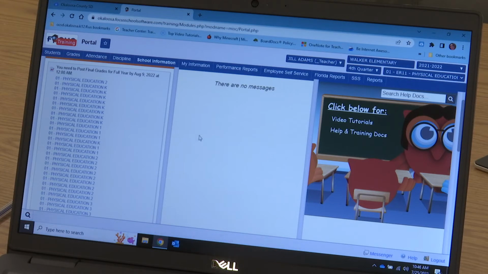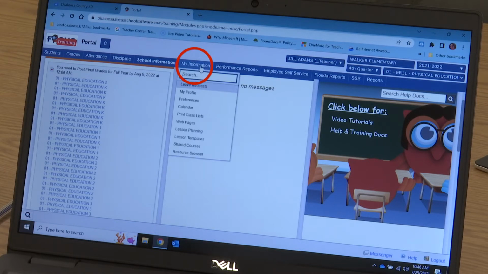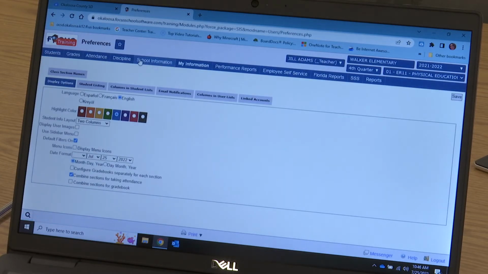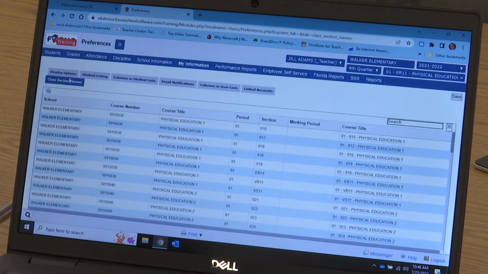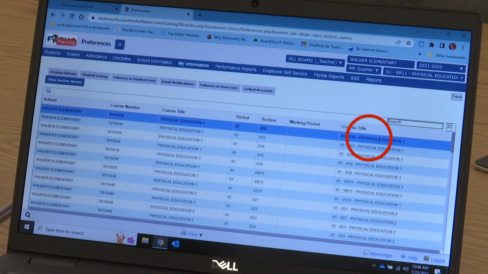Let's begin by going into My Information and choose Preferences. To rename the sections, you'll choose this other tab here called Class Section Names. This brings up all the different sections that you will be teaching. You'll come over to the far right and open the name of this course and jot in there the teacher's name. So if this was Miss Smith,